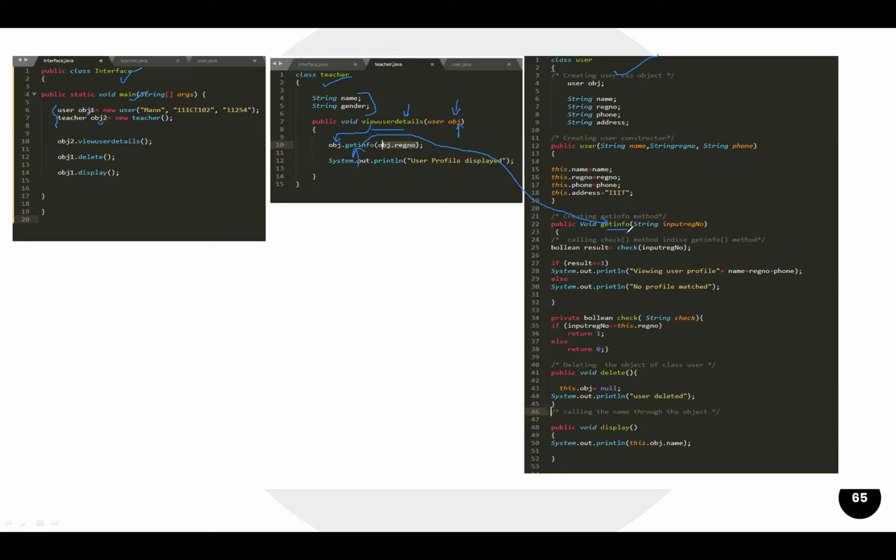And whenever we are calling this particular get info method, this check method, again we are going to call this check method, and it is going to perform some logic. This check method is going to perform its logic, and then whatever the return, we are again coming to this particular line, if, and again I am performing some logic here, and then I am going to fully execute the method get info.